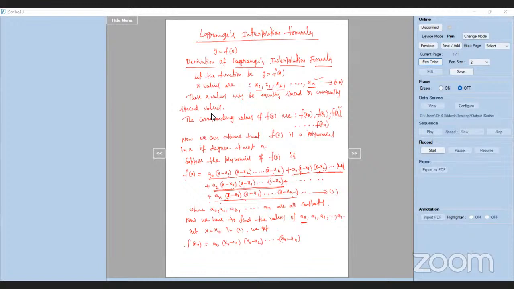So if we take x equal to x0 in this equation 1, all the terms will become 0 except the first term. So that is why we have f of x0 is equal to a0 into x0 minus x1, x0 minus x2, and so on, x0 minus xn. So from this one, we can have the a0 value. So that is, a0 is equal to